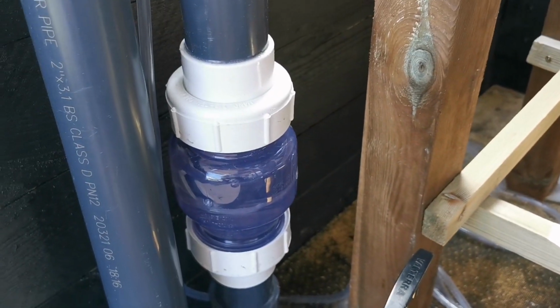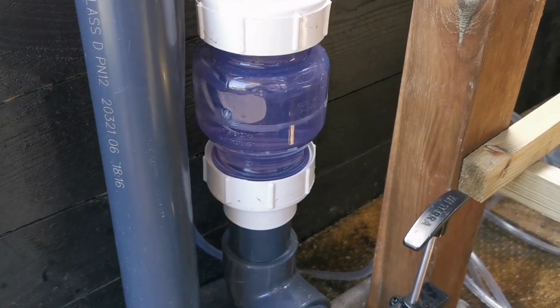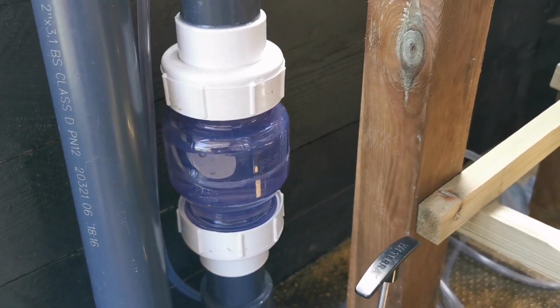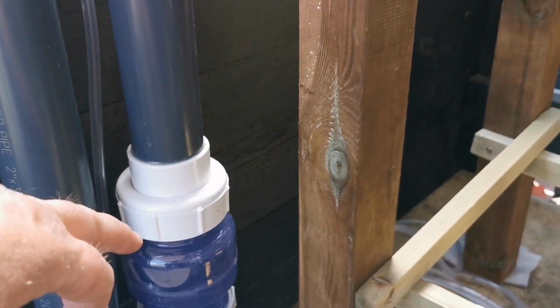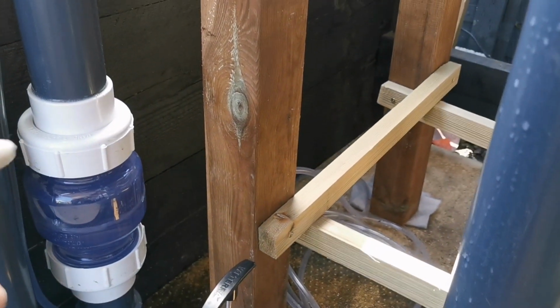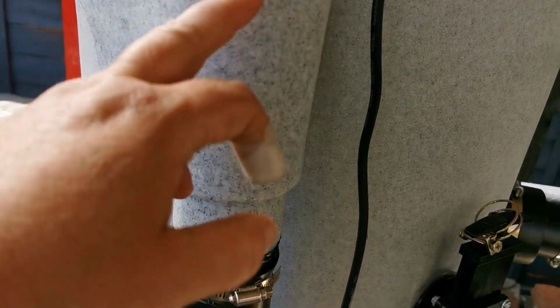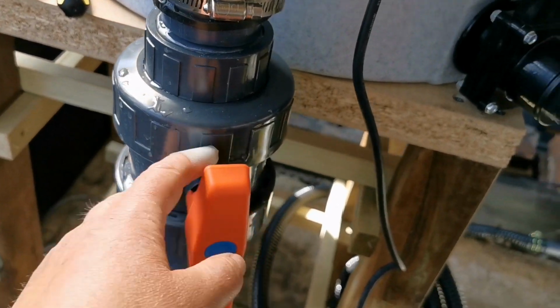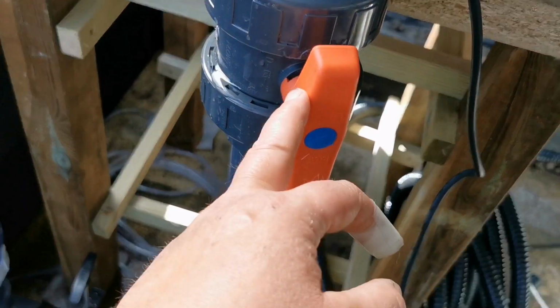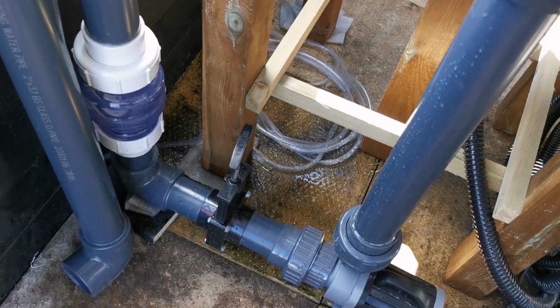So what I've done is, to make it work, I watched a video on YouTube. Again, this is my learning curve. This was already full up with water, and I filled from the EazyPod there with pond water. I did this like a siphon. I filled that pipe, left that one open so the water went inside the pump, and then I turned the pump on,